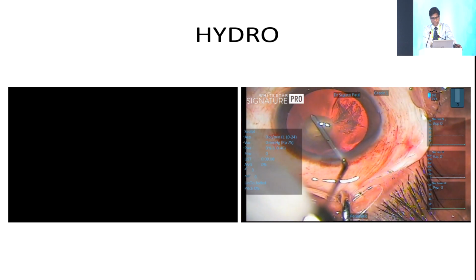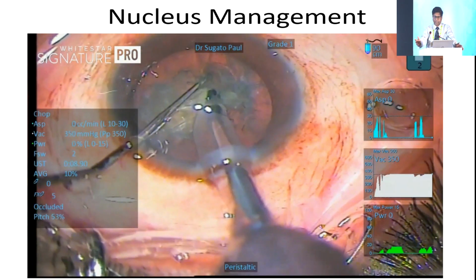Now, coming to nucleus management, I have a technique of my own, and everyone has a technique of their own for managing posterior polar cataract to make it safer. For a softer cataract, you can do hydrodelineation and just engulf the small nucleus. But for a harder cataract, we are not doing hydrodissection, so we are on the back foot. We cannot rotate the nucleus because that can cause disruption of the posterior capsule. So what can we do? What I normally do is without rotation,